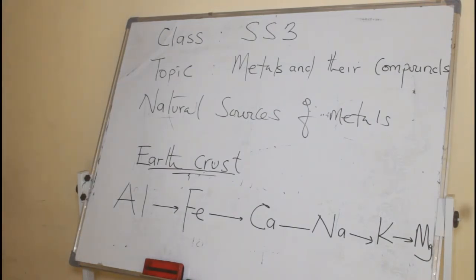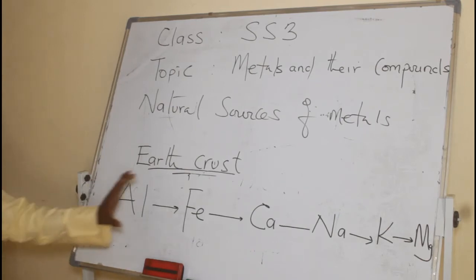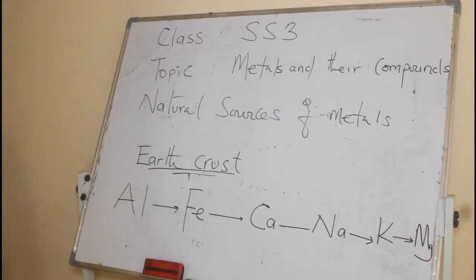So these are the most abundant elements in the Earth crust. There are other elements, but these are the most. The percentage of these elements is quite high, and this is their decreasing order of composition in the Earth crust. Are you following? Aluminium is the most abundant, while the least is magnesium. But as I have said earlier, there are other elements: chromium, vanadium, titanium, many others. But their composition is not as high as these 5 or 6 elements.